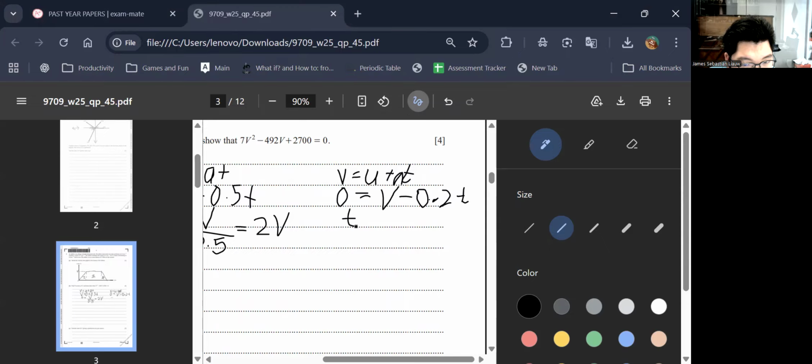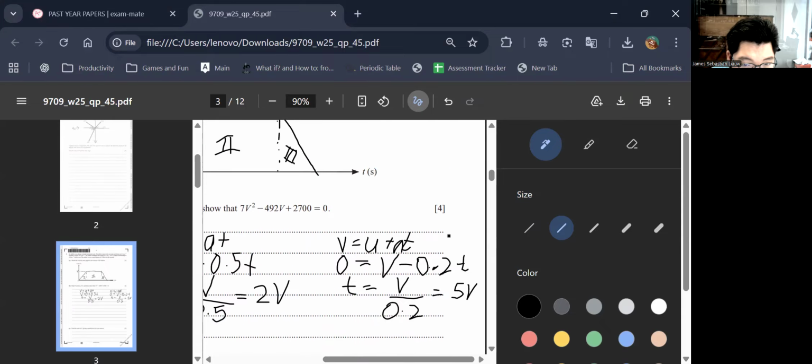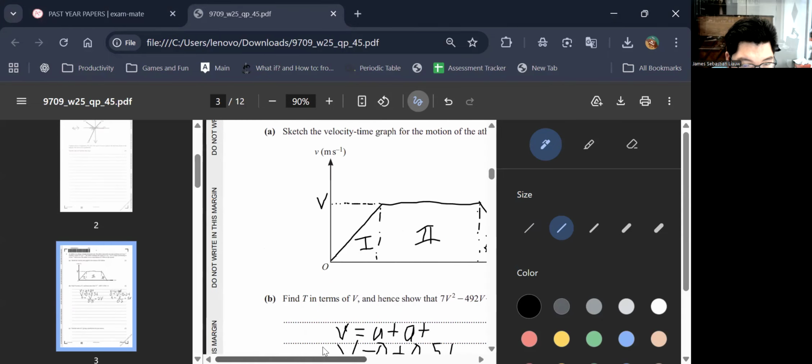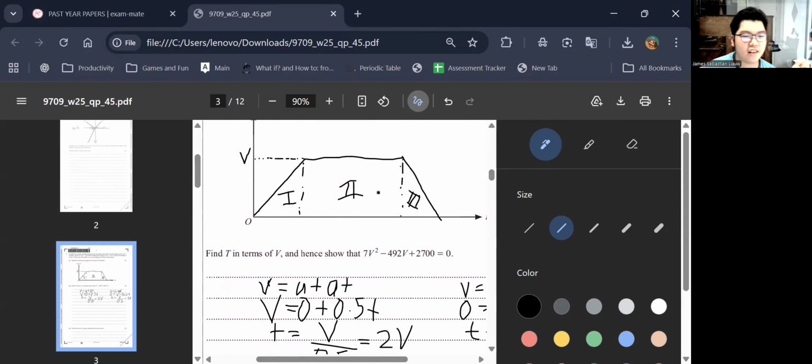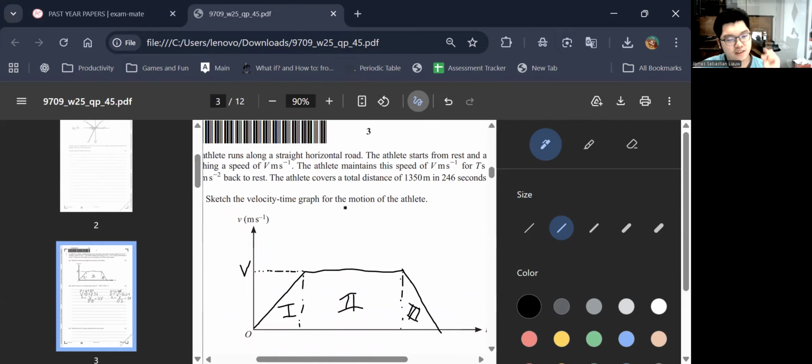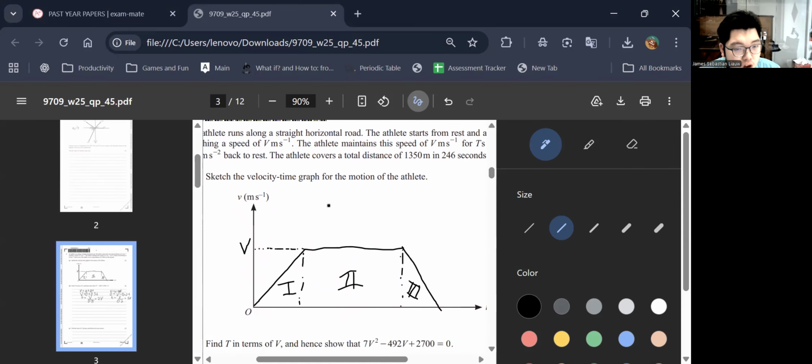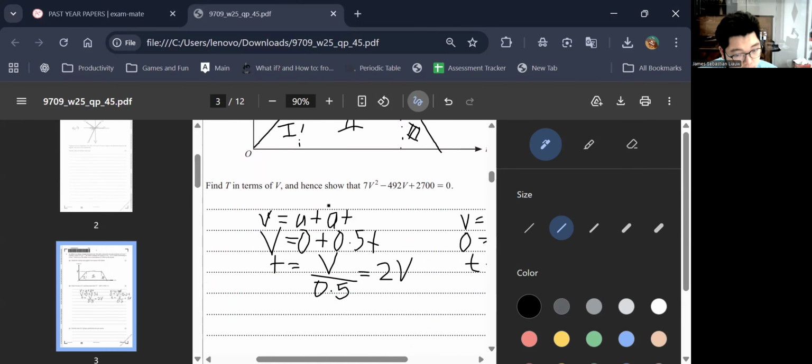So your t is V divided by 0.2, and this will yield 5V. So for the times when the athlete is moving not at a constant speed, the total time taken is 7V,